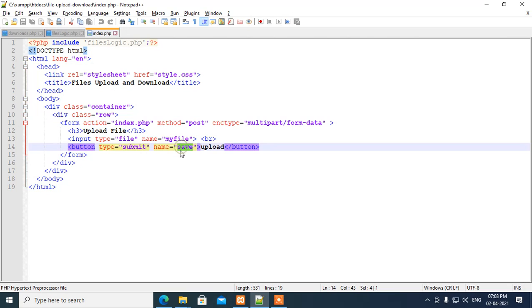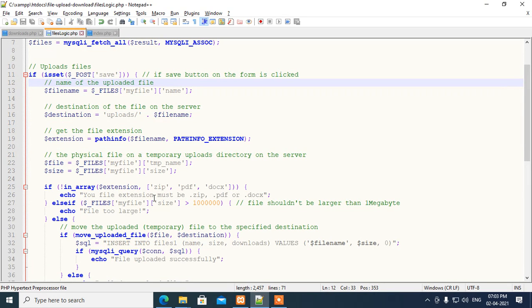Here you can see save. Now if the save button on the form is clicked, then isset($_POST['save']), then the name of the uploaded file is $_FILES['myfile']['name'], and then give it to the file name.